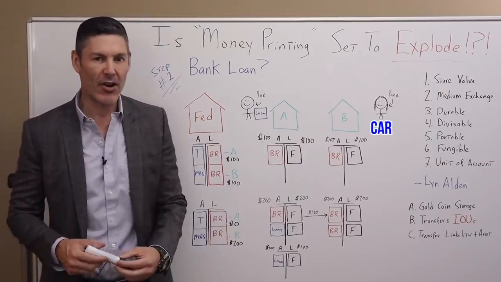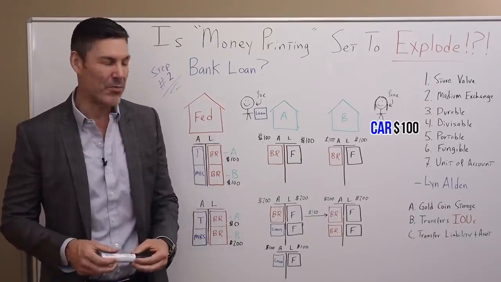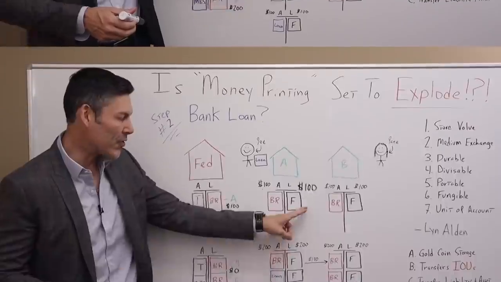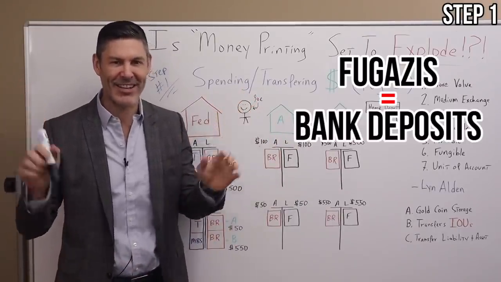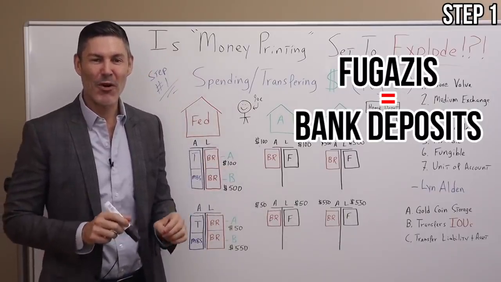We'll say that car costs $100, but Joe doesn't have the $100 right now. Well, he might have 100 Fugazis. And what I call it is it's just like Fugazi, just like Matthew McConaughey in that movie, Wolf of Wall